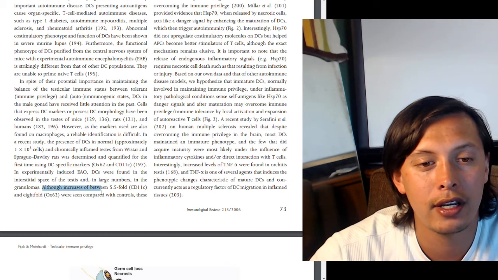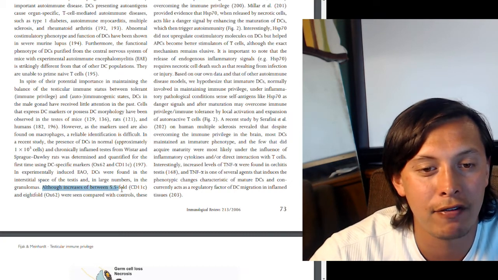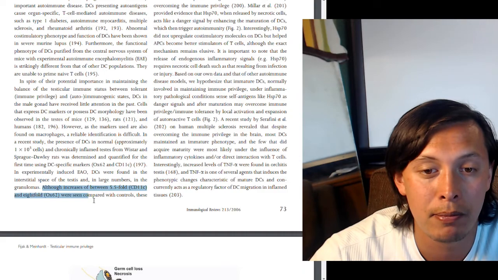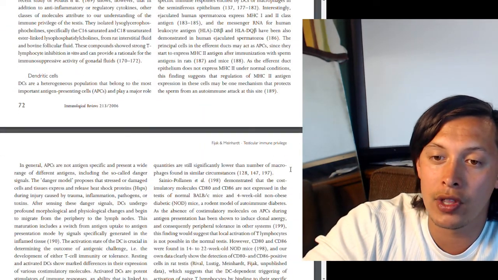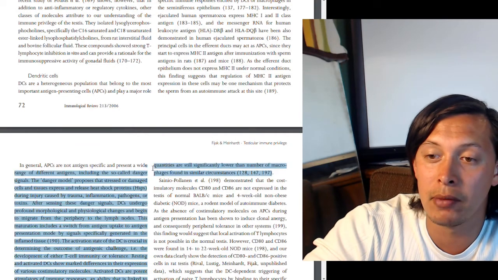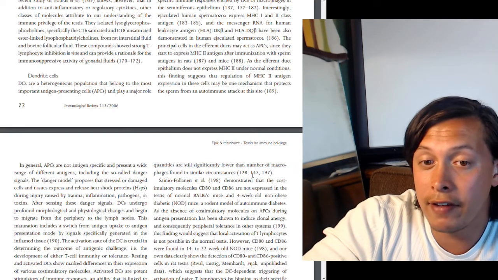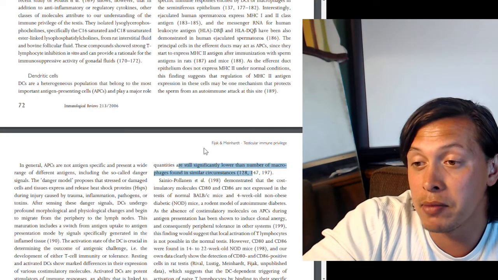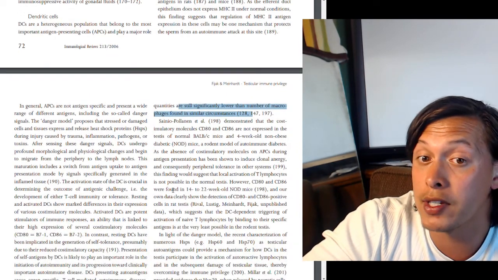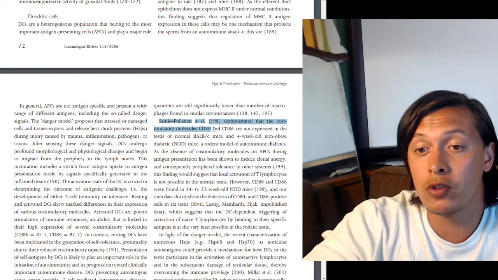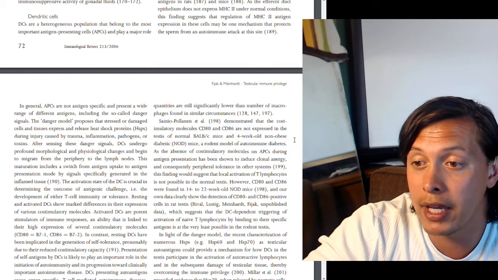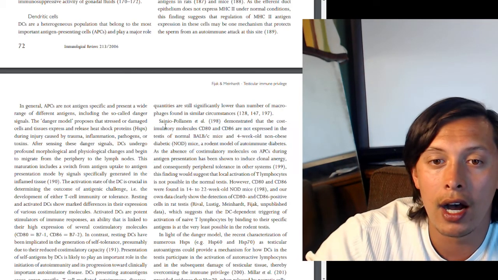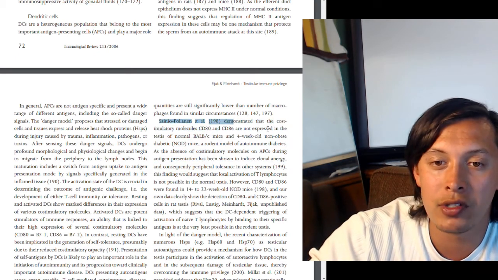And although increases of between 5.5-fold and 8-fold were seen compared with controls, these quantities are still significantly lower than the number of macrophages found in similar circumstances. So even if you do have an increase in dendritic cells, it seems to be less of an increase than in other parts of the body, which goes to show you there must still be a protective role of some form in the testes. These people demonstrated that the